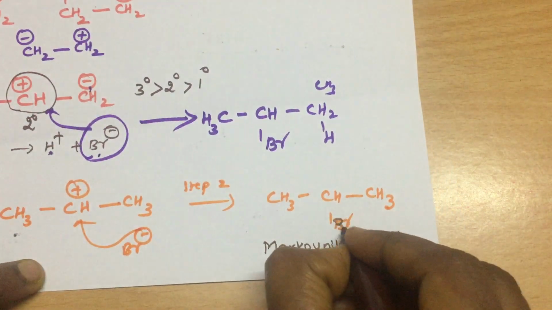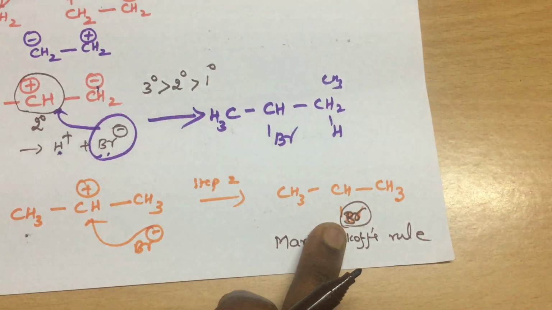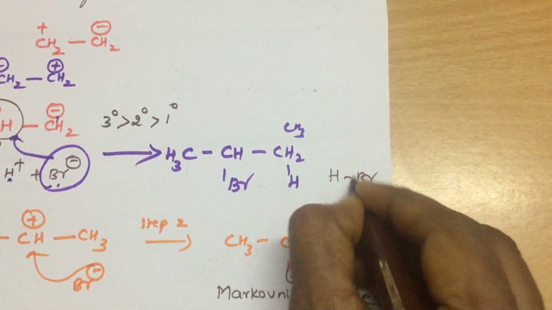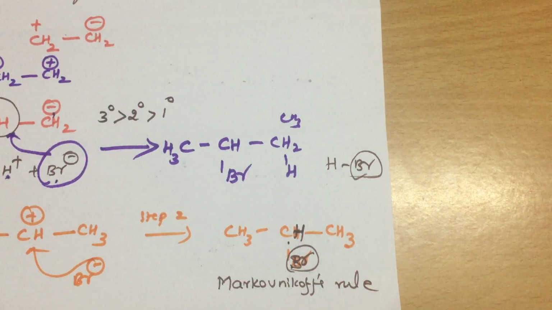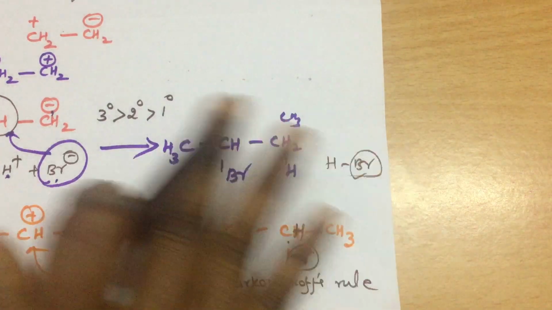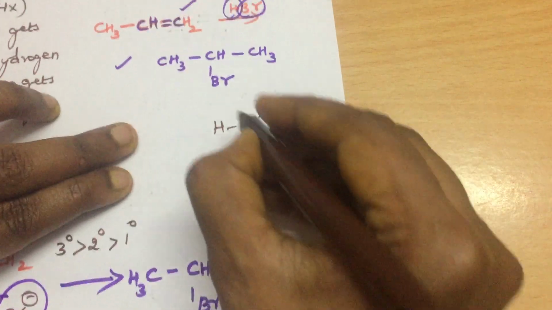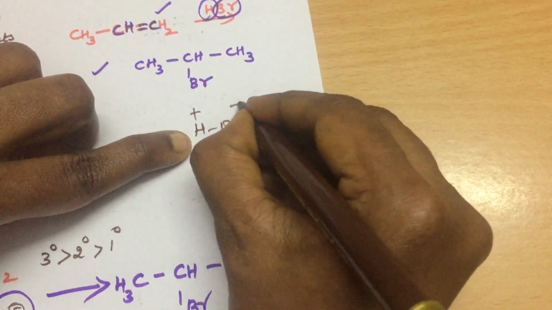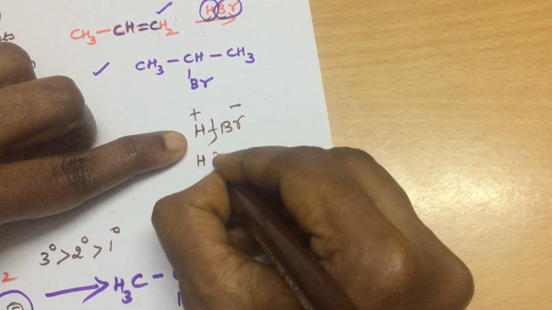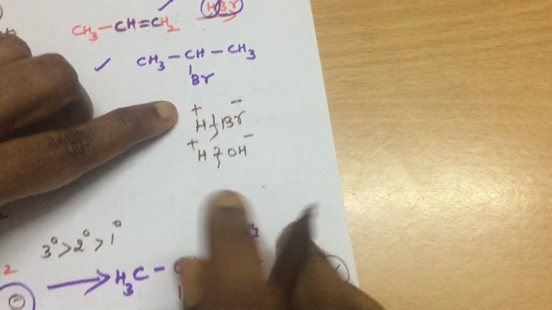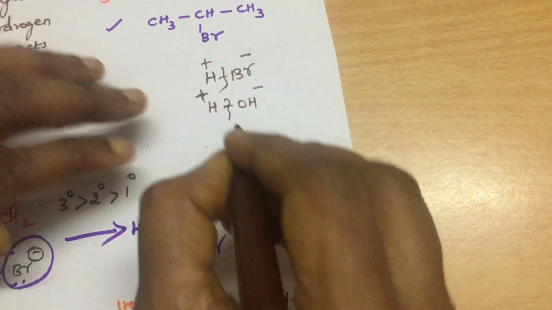So what does it say? Your anion, the nucleophile part of your reagent, which in HBr is the bromine, will get attached to the more stable carbocation. The same thing holds good for all additions. For HBr, after ionization, this is your electrophile and this is your nucleophilic part. In the addition of water, which is the nucleophile and which is the electrophile? You must be capable of recognizing which is the electrophile and which is the nucleophile.